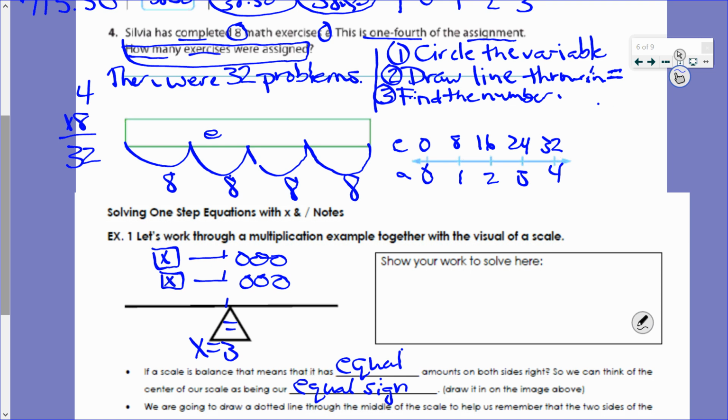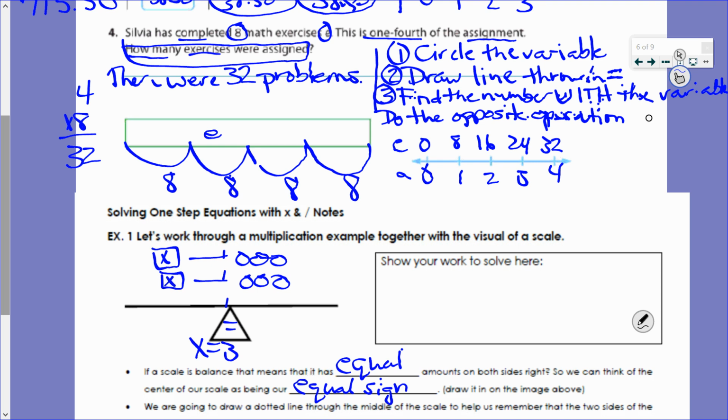Let's try it again. So, find the number with the variable. Do the opposite operation with that number. So today,